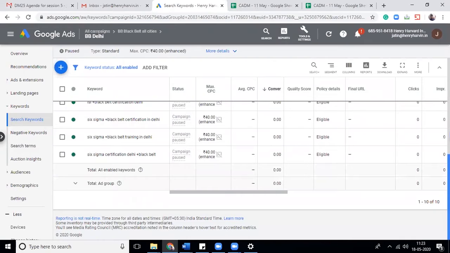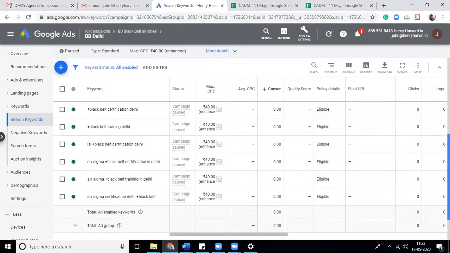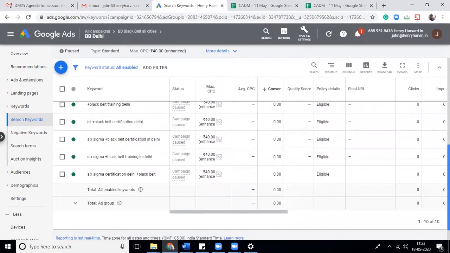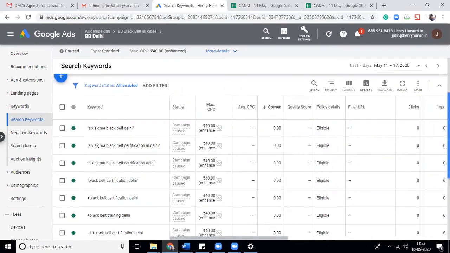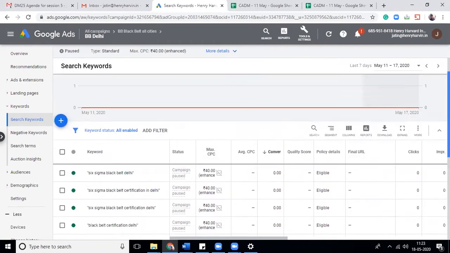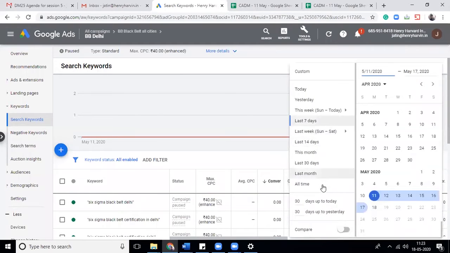And when you see all the keywords over here, you can build a campaign. For building it, you have to keep one thing in mind. First of all, the keywords should be themed.